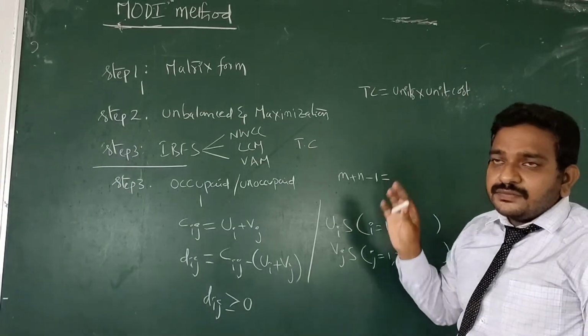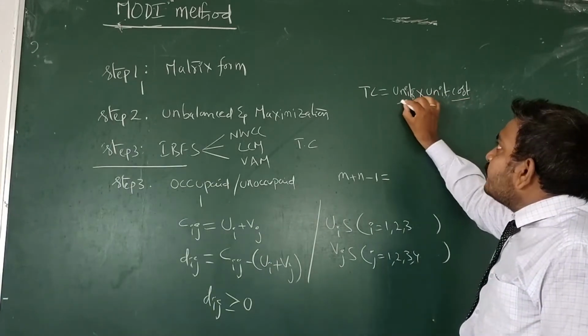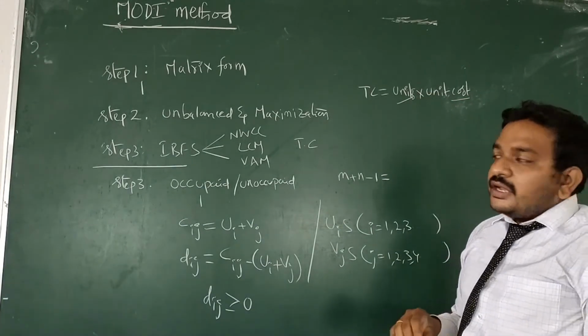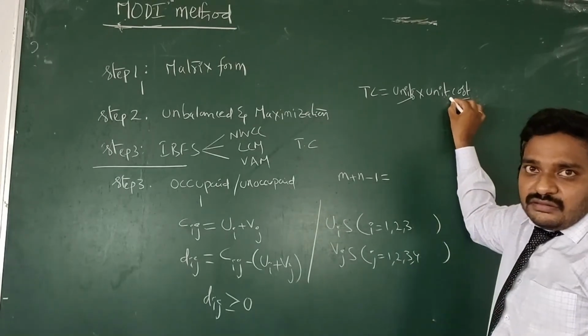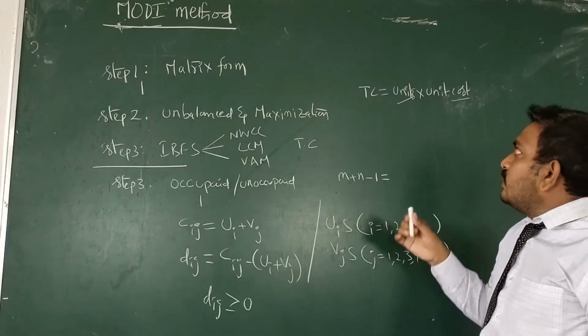Either I have to change unit cost or I have to change the units. Unit cost is clearly given and according to the given algorithm I follow. And units